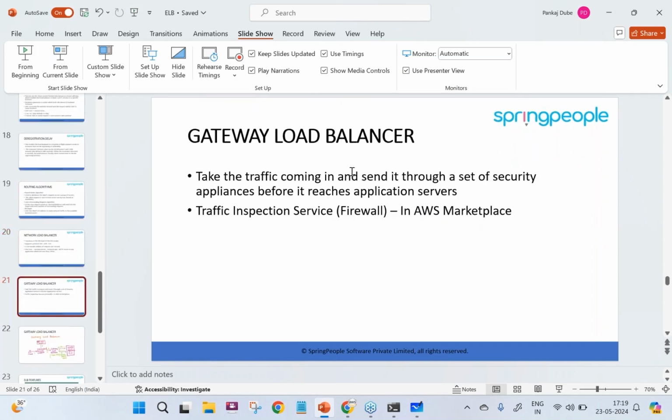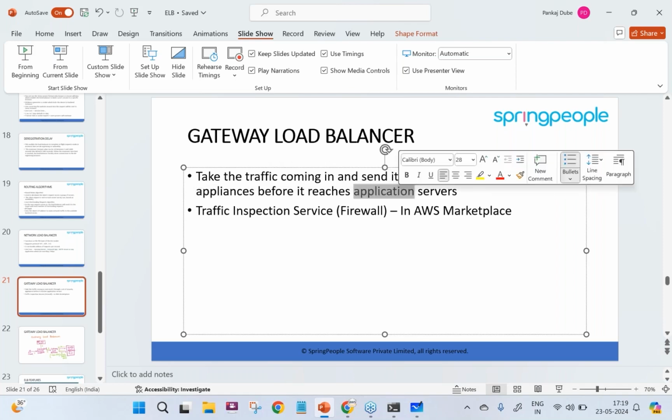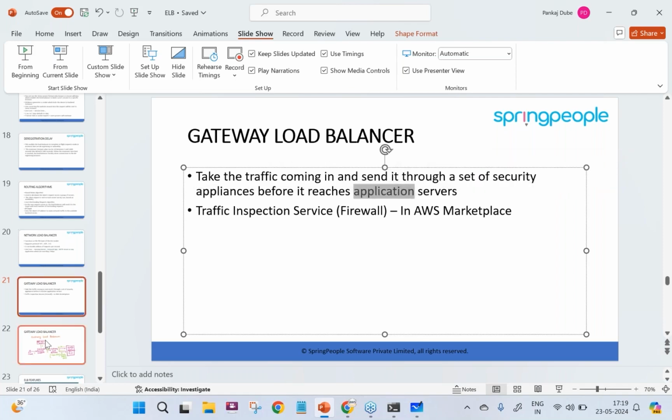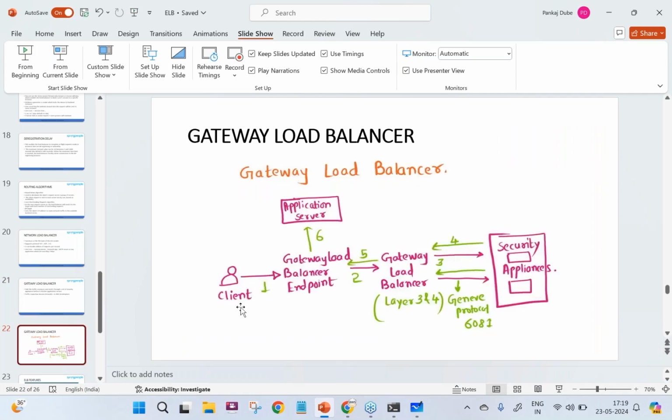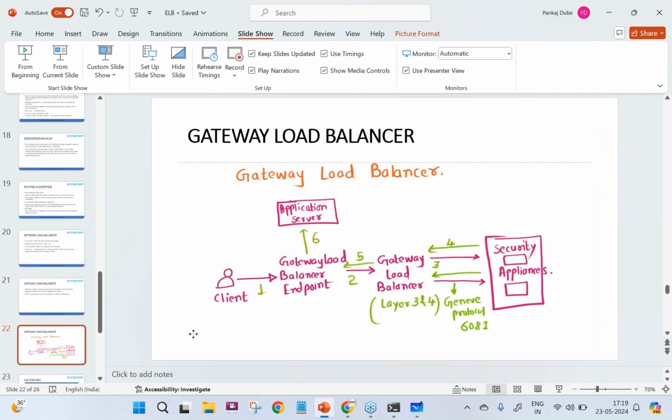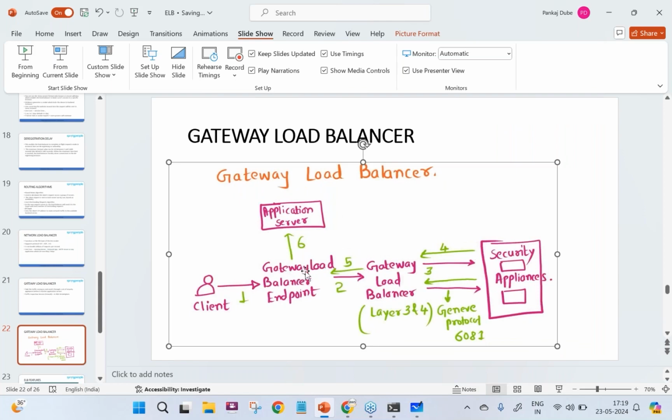And the Gateway Load Balancer takes the incoming traffic and sends it through a set of security appliances before it reaches the application servers. Let me show you the diagram. Let's say you have a client. The request first goes to the Gateway Load Balancer endpoint. From the endpoint, it goes to the Gateway Load Balancer.